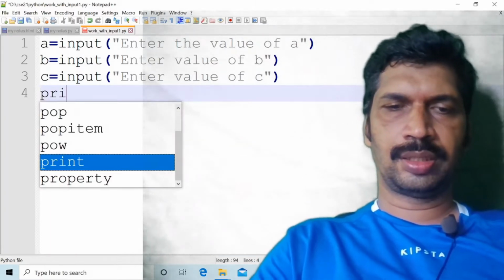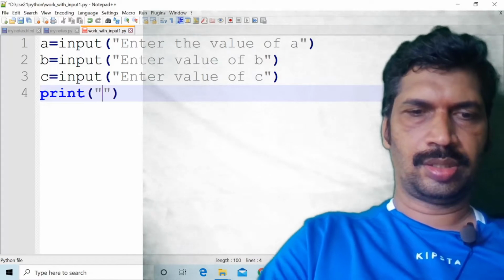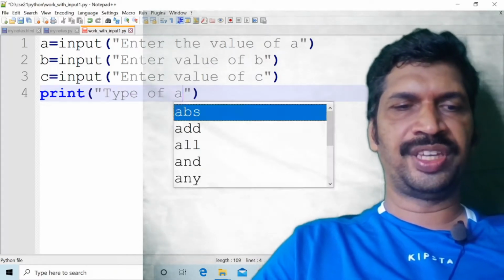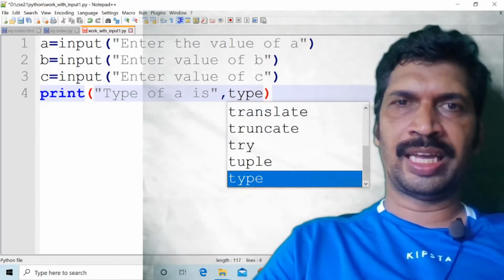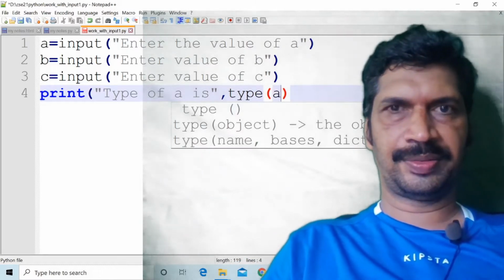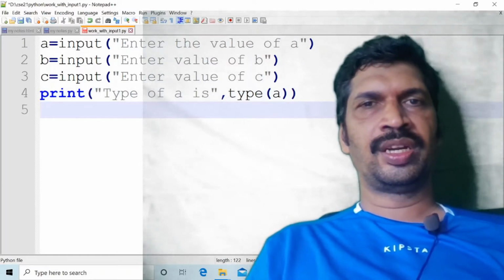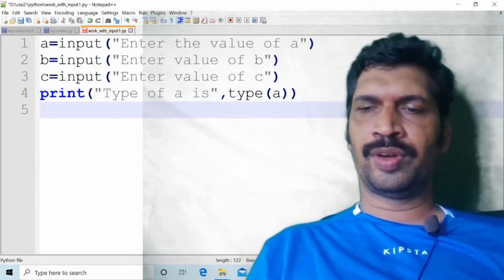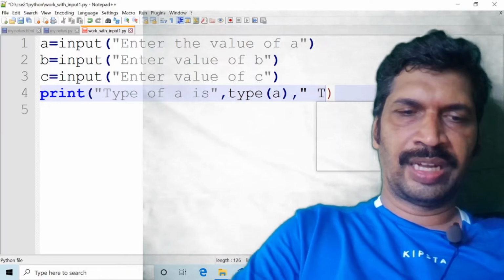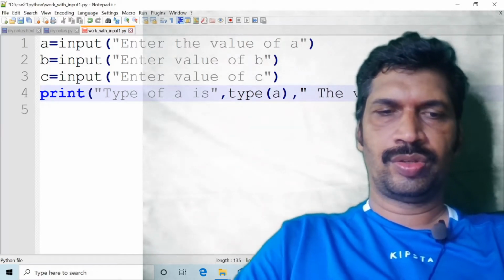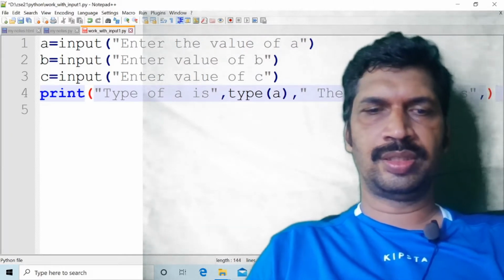Print "type of a is", type(a). I am using the function type to print the type of a variable. I want to print the value also: "the value of a is", a.